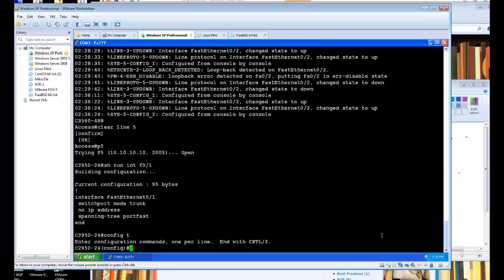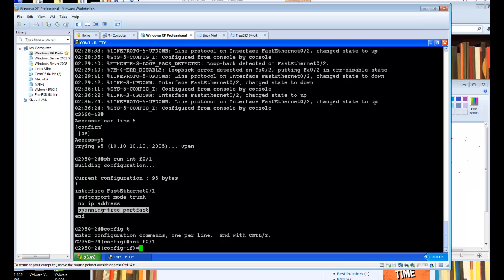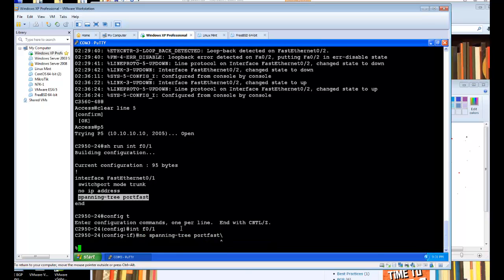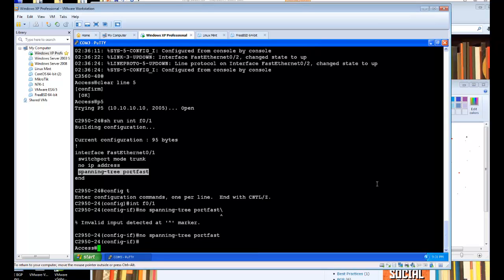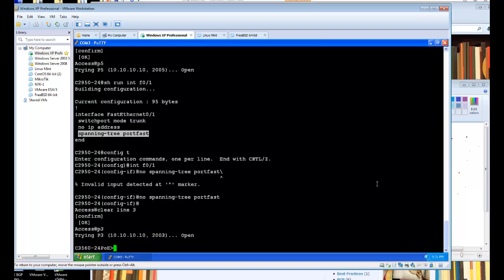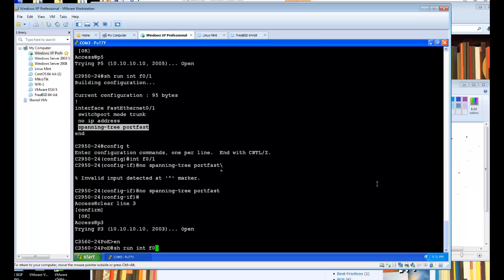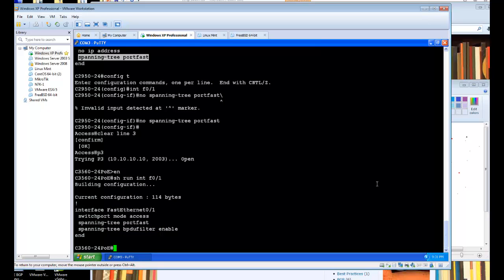We know that we hard-coded the trunk, which I don't think is going to be the problem, but the port fast we still have there, so let's get rid of it. And we'll go to the PoE and do the same, which is P3. And we actually have BPDU enabled there too as well,